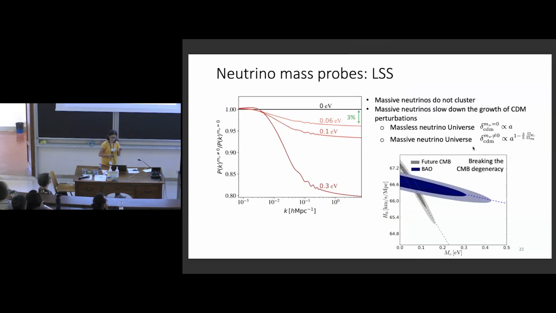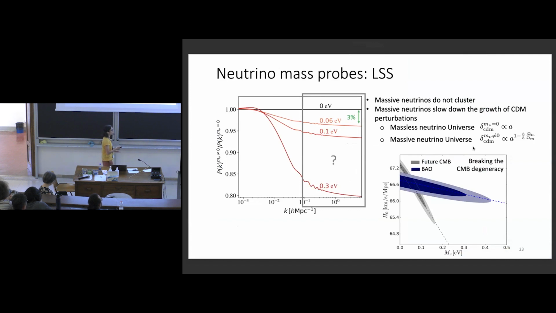Why is 1% accuracy important? Because this is the figure that I showed you before. In the worst case scenario, minimal neutrino mass, this effect is about 3%. So one might think, okay, it's 3%, I have a 1% accuracy on my measurements of the matter power spectrum, it's done, I will be able to measure the neutrino mass. Unfortunately, this is not the case,